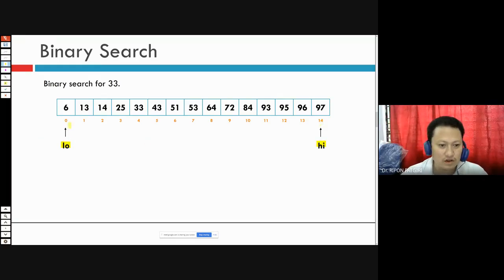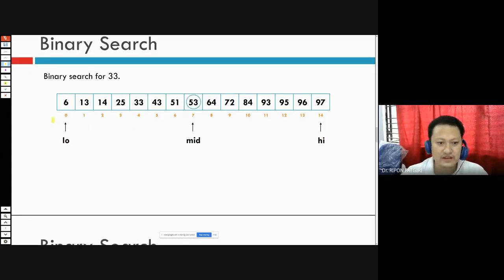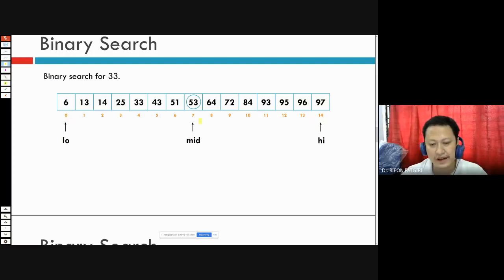Low is 0, high is 14. So low plus high divided by 2 is the middle. 0 plus 14 divided by 2 is 7. So this is the middle.